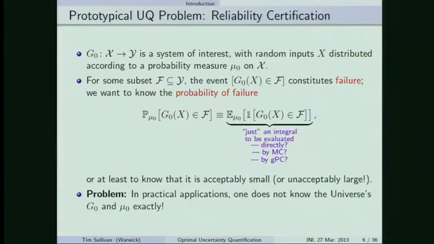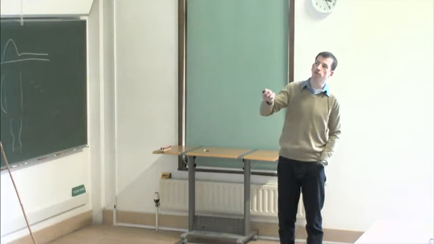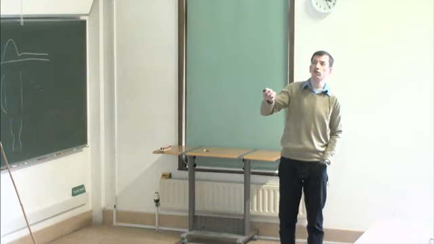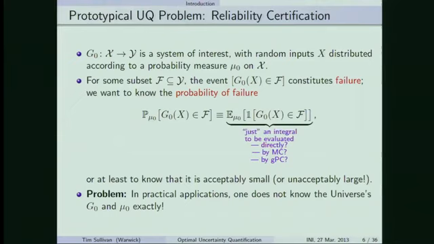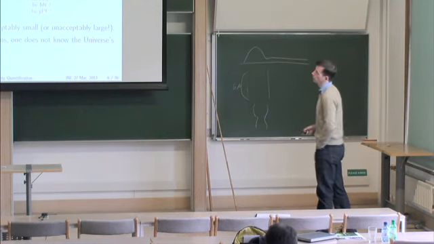And so the prototypical problem I have in mind is very similar to Briggs's talk a couple of talks ago, in that I take maybe a certification viewpoint on uncertainty quantification. I have some system of interest and things denoted with a 0 on them are always the system in reality, not necessarily my model or preferred model or any one of the models for it, but reality that I actually want to make a statement about.